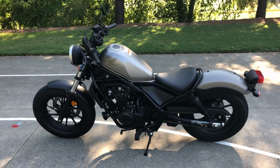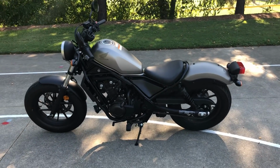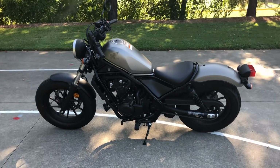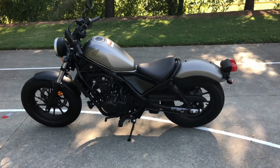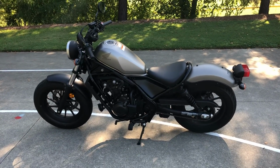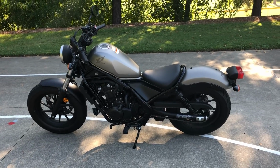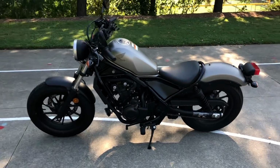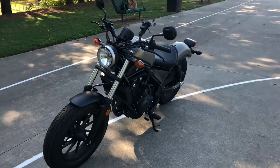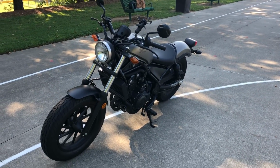In other words, if you don't have too many stretches on an interstate, this is an absolutely ideal bike, because the MPG that I got was probably close to 70 and probably around 65 or so. And the only complaint obviously was, if I wanted to take it on the interstate, you can tell it's a naked bike, so that wind is really going to pick up above 65 miles an hour,